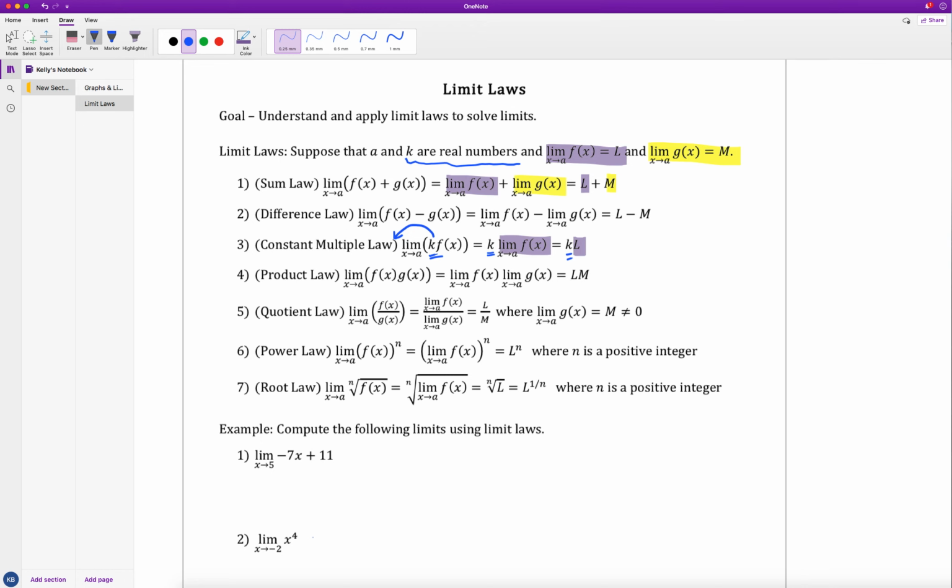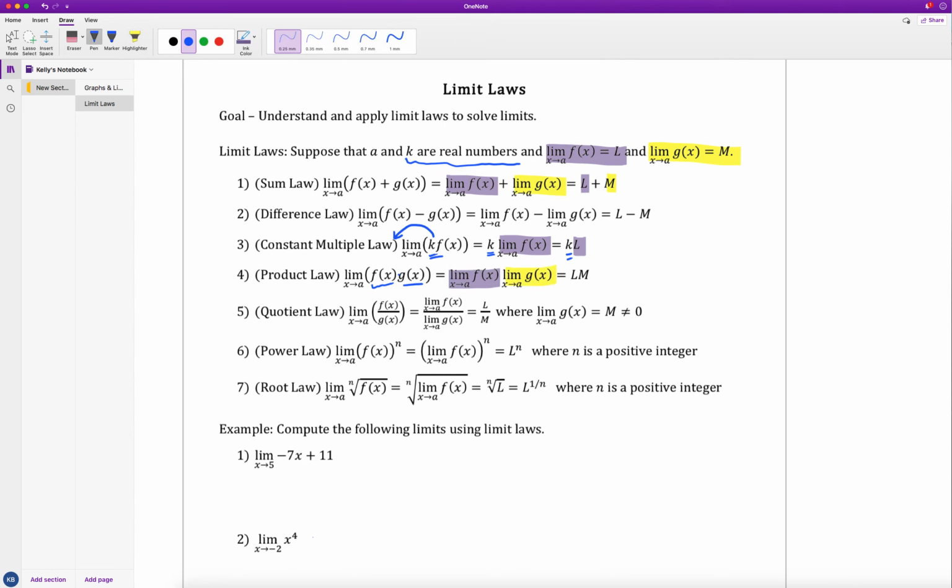Now the fourth law looks similar because I still have a product. The difference here is I actually have 2 different functions again. So I have the limit as x approaches a of f of x times g of x. So I have the product there of 2 different functions. And what I can do is similar to what we did in the sum and difference law, is I can take the limit of the first one, so the limit as x approaches a of f of x on its own, then multiply by the limit as x approaches a of g of x,